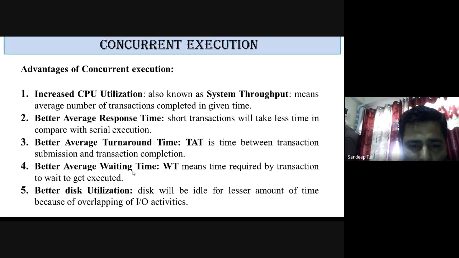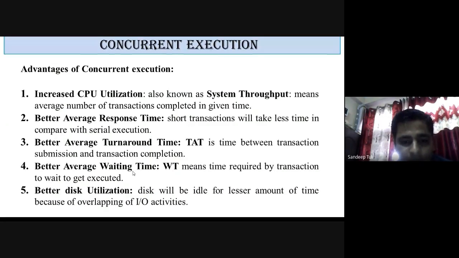Whenever you are working on a system, you can perform multiple tasks. Like you are able to see a movie, or parallelly listen to songs, or work on Word. Those are all concurrent execution in the case of your real-time operating systems. You will learn these things in the OS also in the third year. So what the concurrent executions do, firstly, they increase the CPU utilization. The overall average number of transactions will be increased.